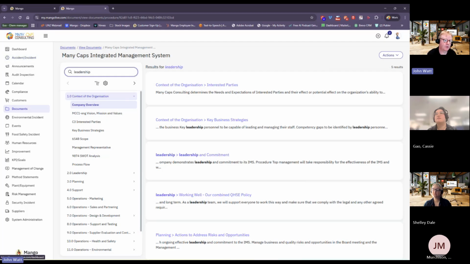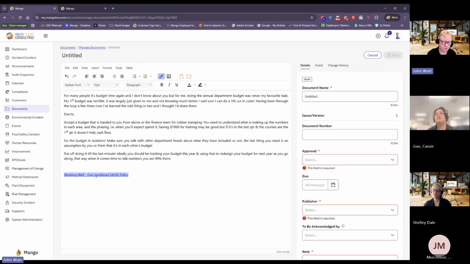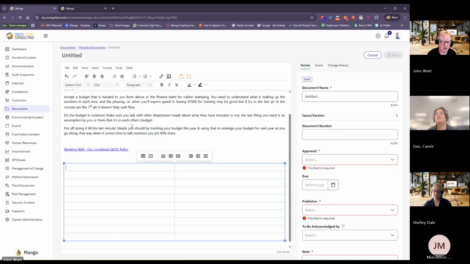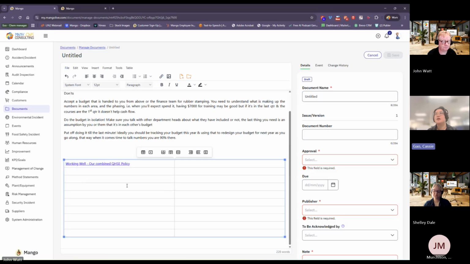What I was going to say is, because of this process, some of our customers have actually inserted a table and used the table to build the flow. You know, that becomes a block, that's an arrow, that's a block, that's an arrow. Yep. So it's documents for SOP and files for work instruction.